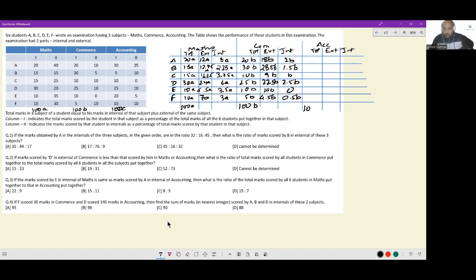Same work for accountancy. If I take this as 100C, this will be 30C, 5C, 10C, 25C, 20C, 10C. Now, 1/4 of this, if I want internal, 7.5C, 0.5C, 0, 2.5C, 5%, so C, and 10%. So also C. Now, the externals,